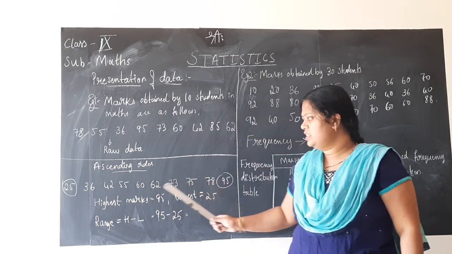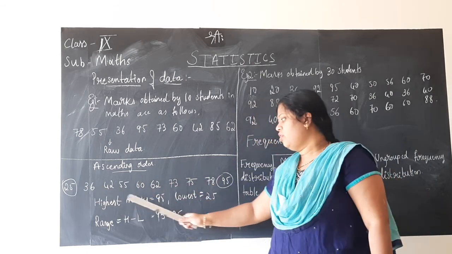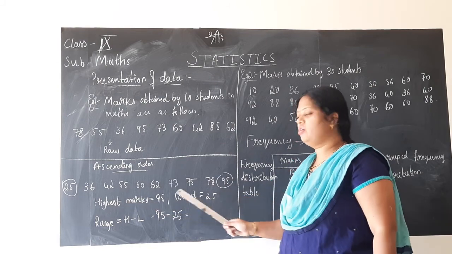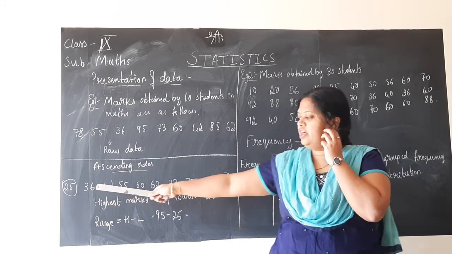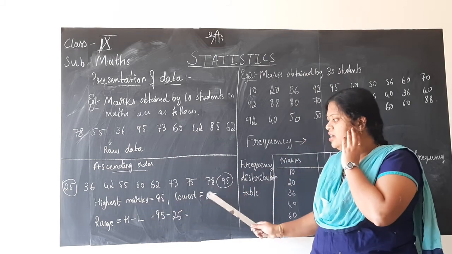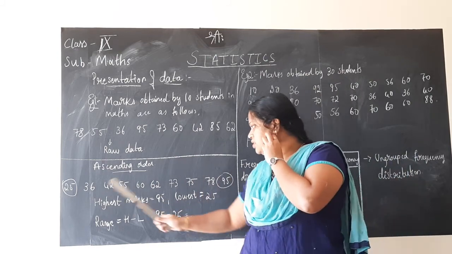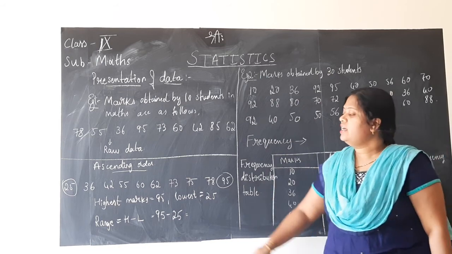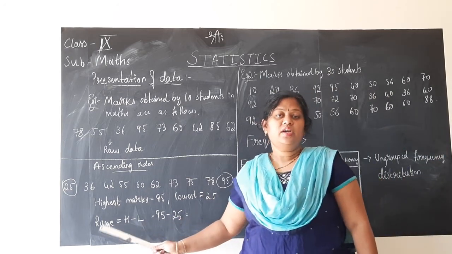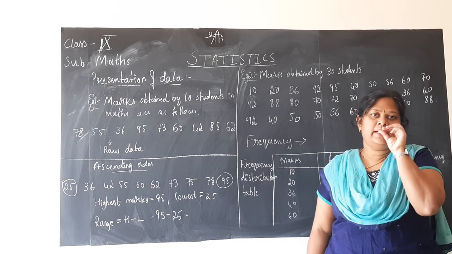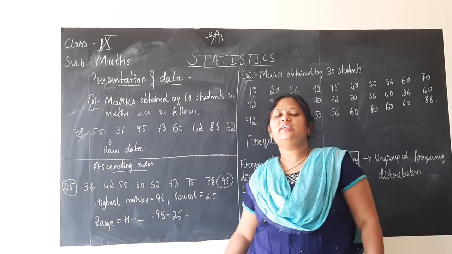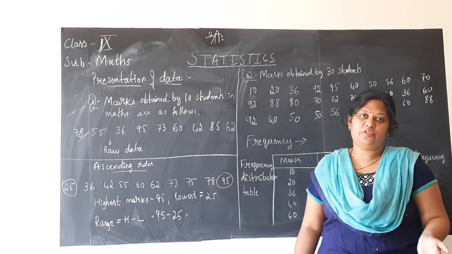After knowing the highest and lowest score, if you subtract, that is, highest marks is 95 as we know, lowest score is 25 as we know, we are writing it. When you subtract the lowest score from the highest score, the difference you get is called the range. You have studied this already in class 8 in data handling, children. Range, just recall it. That is the reason I asked you to refer to the class 8 textbook once.